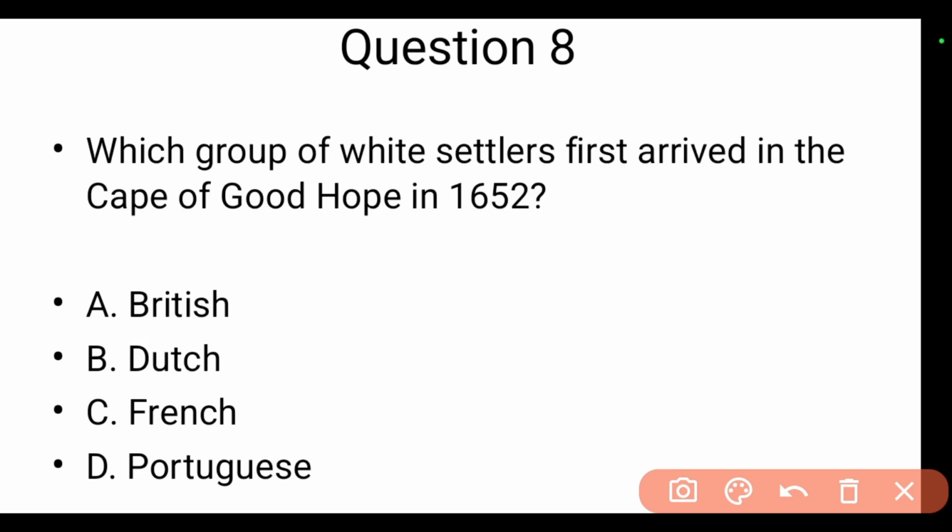Question number 8. Which group of white settlers first arrived at the Cape of Good Hope in 1652? A. British. B. Dutch. C. French. D. Portuguese. Okay. The answer is